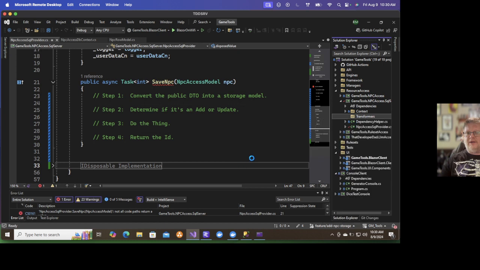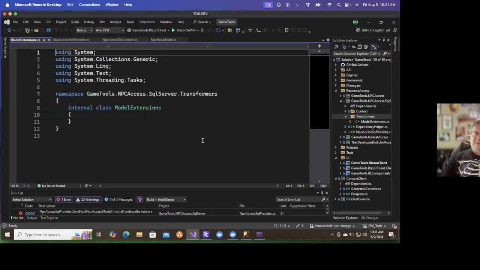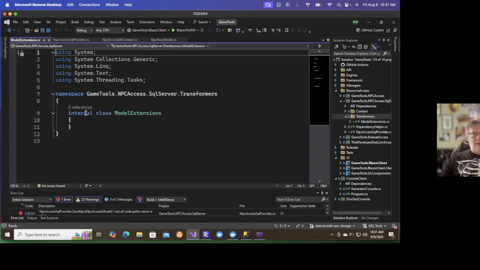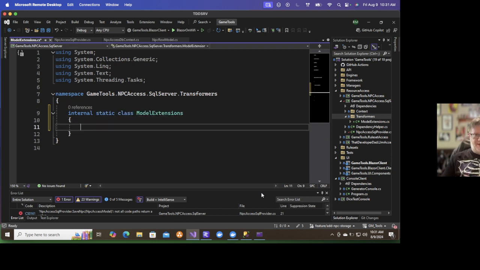And I'm going to add a new class called model extensions. We're going to make it static because these methods are only to be used inside the SQL Server implementation of NPCAccess, because they're translating between the public DTO declaration